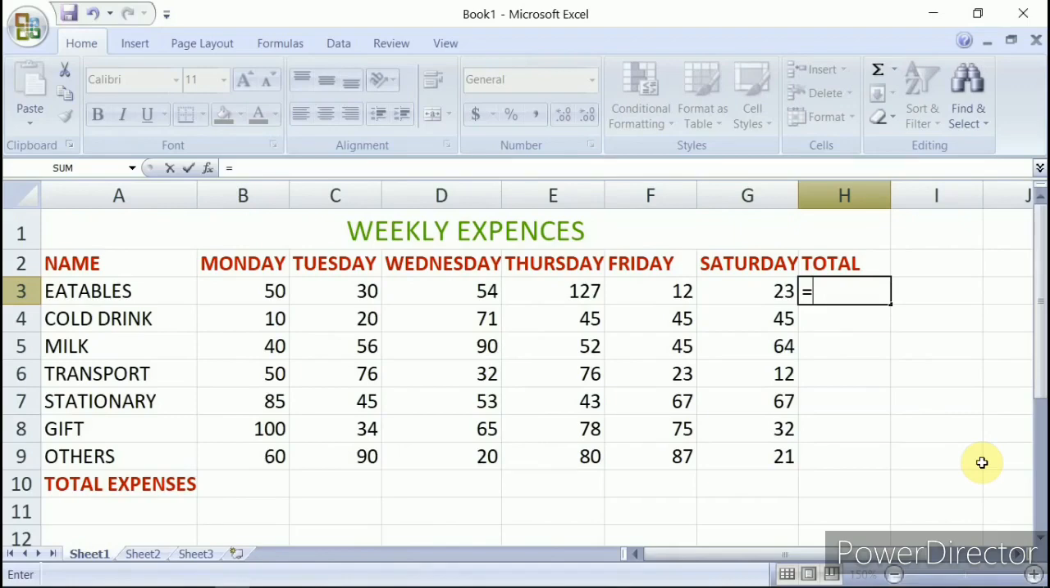So equals to. Now we'll mention the cell address, or we'll give the cell reference. Where is our first data for vegetables? So it is Monday. Here Monday we have 50 rupees, 50. So the data is in cell B3. So if I click over here, B3, you can see B3 automatically appearing over here. B3,